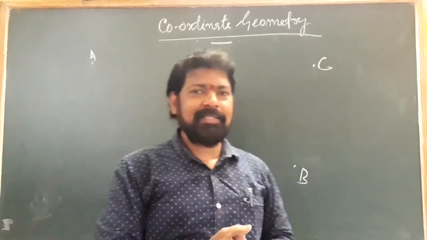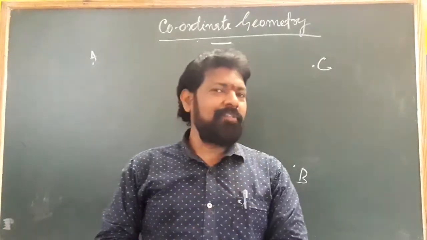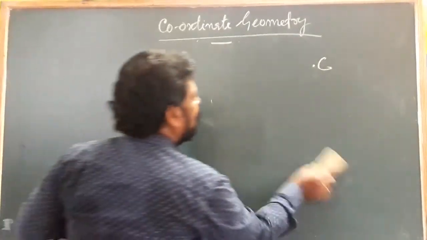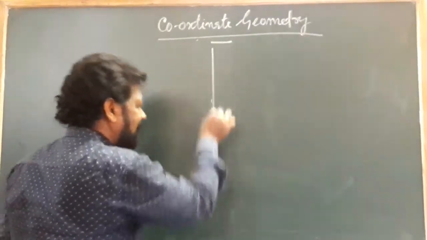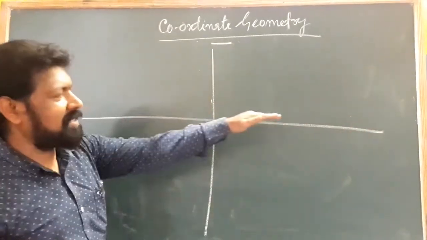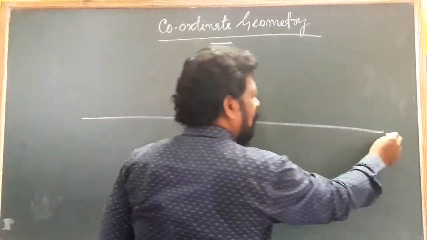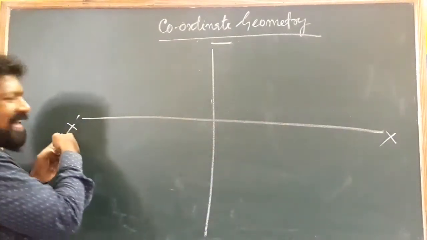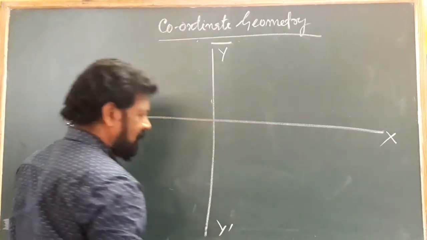For that, we will be going for different axes. There are two different axes present. Now let's divide this entire plane into 4 parts. How to divide this entire plane into 4 parts? Just by a vertical line and a horizontal line. One is a horizontal line, another is a vertical line. These lines are called axes. This is your x axis, and the name is given X dash. And this vertical line is your y axis, Y dash.